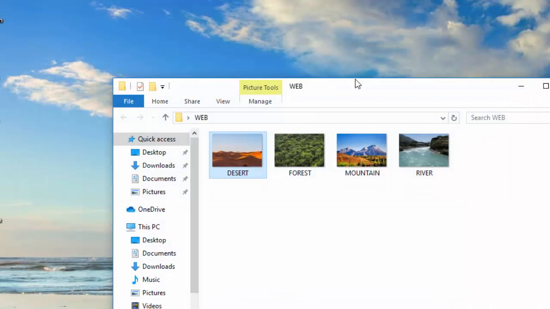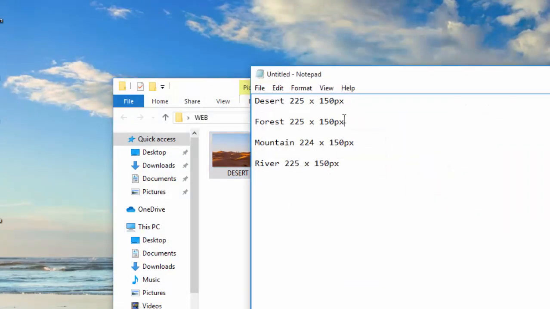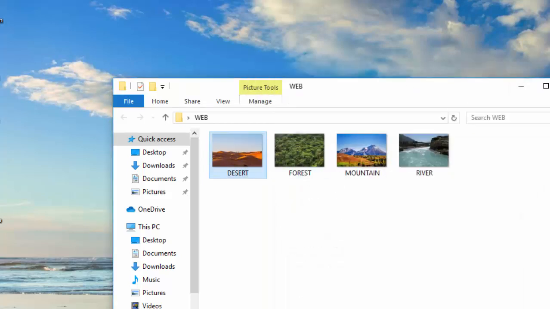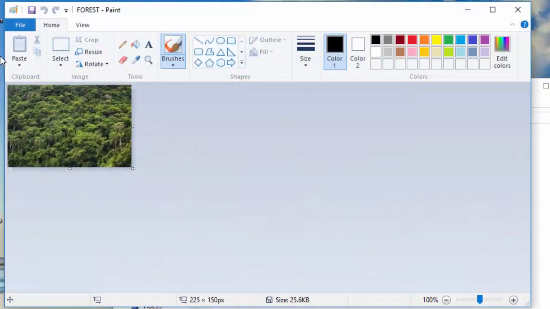And finally, I think the next one now is forest. Make it 224. So I will come to the forest here, right click, open with Paint, and click the select tool and point to the roof of this thing. You have to point to the roof,